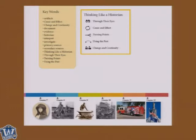And then Thinking Like a Historian. So those same icons appear. In the first chapter, they only appear with their names because we're actually teaching that methodology in the first chapter. And at the bottom, there's always a timeline. And in this case, since we're only dealing with a concept, the timeline is actually the color coding of the chapters in the book with artifacts or photographs that are from those chapters. So if we look right away,